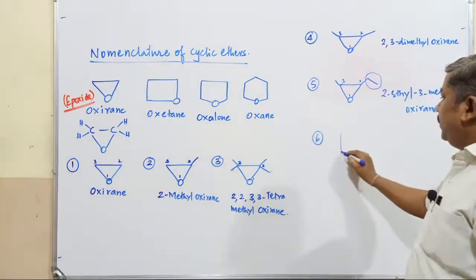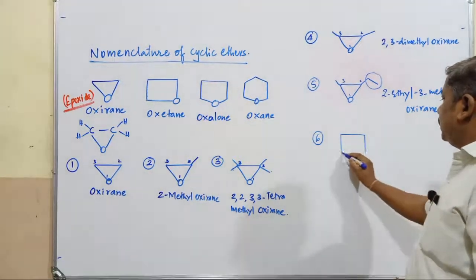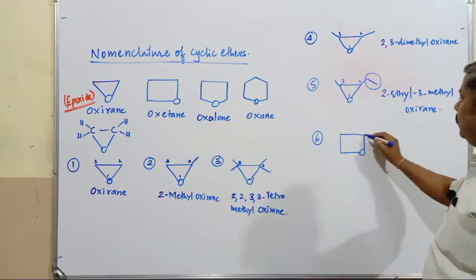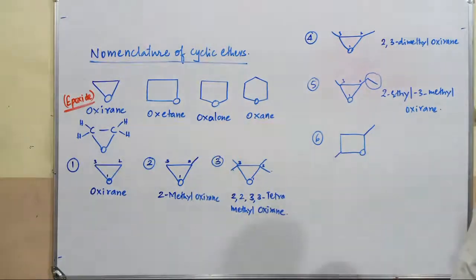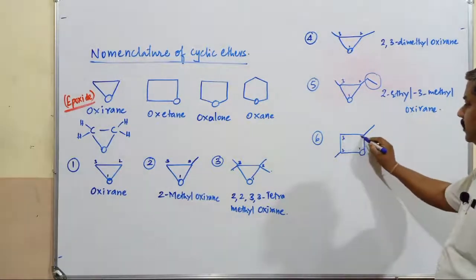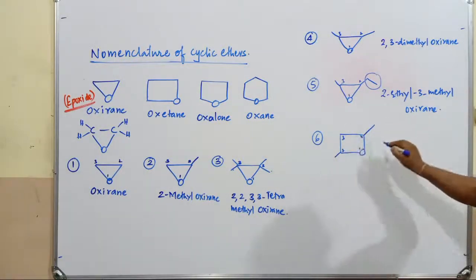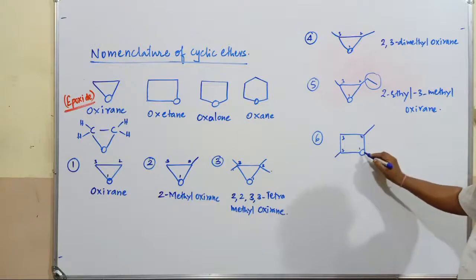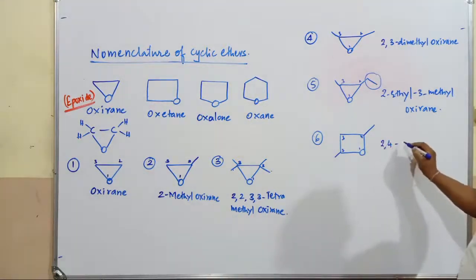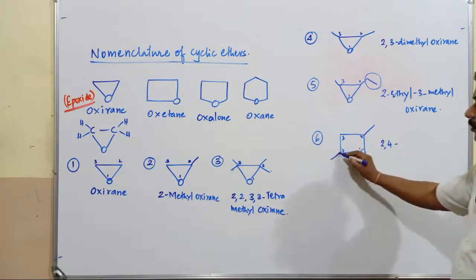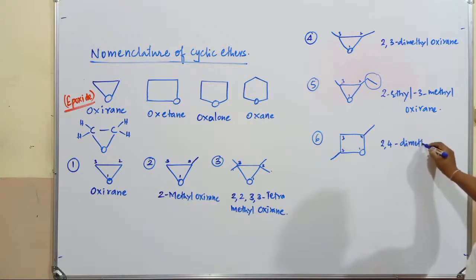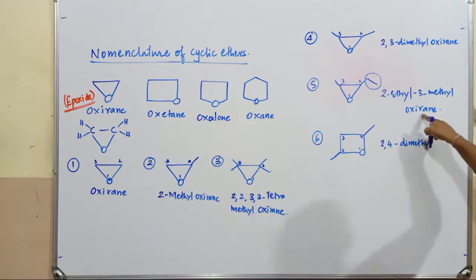Similarly, if I consider this, it is a compound with a 4-membered ring. So this is a group, methyl is there, and this is another group, methyl is present. Now in this compound, here 1, this is 2, this is 3, and this is going to be 4. In a complete cyclic ring, first priority in numbering must be given to what? Oxygen. It is 2, 4. Why 2, 4? Second position has 1 methyl and fourth position has 1 methyl. Dimethyl. 2, 4 dimethyl. Is it an oxirane compound?